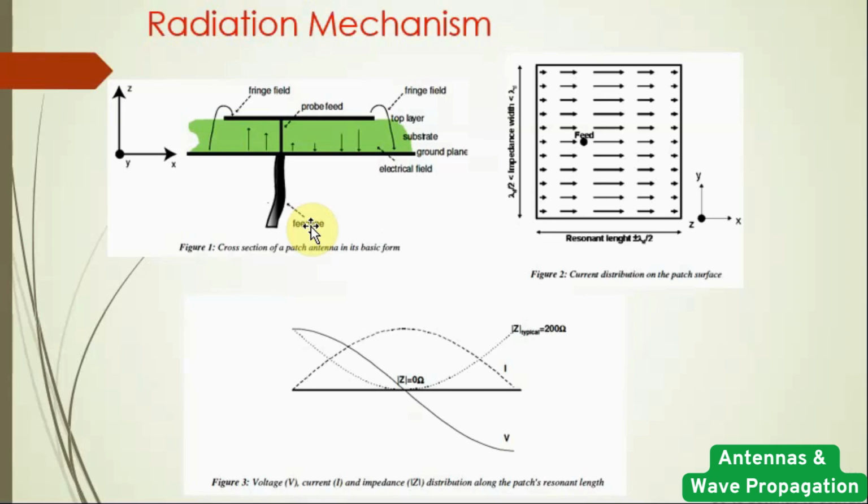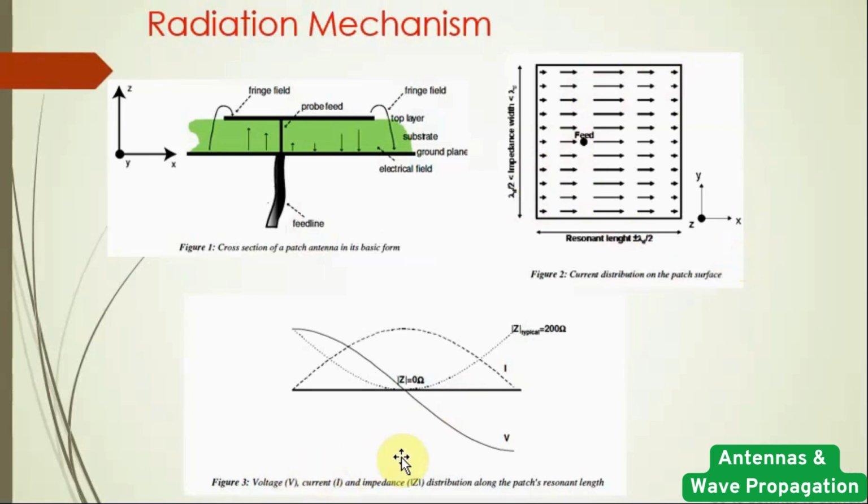At two angles, the fields exactly cancel. Thus, the microstrip radiation intensity depends on the direction it is viewed. Here, the current distribution inside the patch is shown, and the current, voltage, and impedance distribution along the patch resonant length